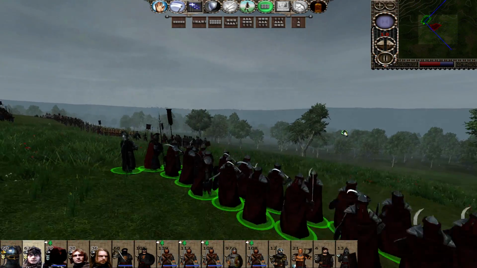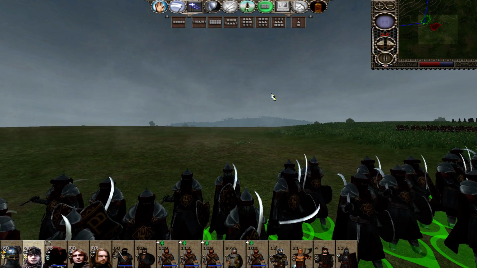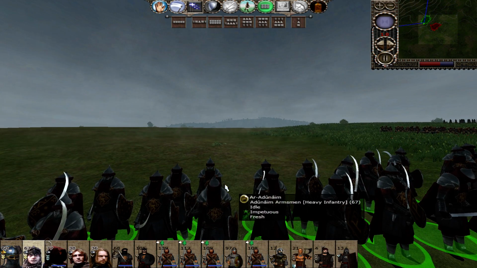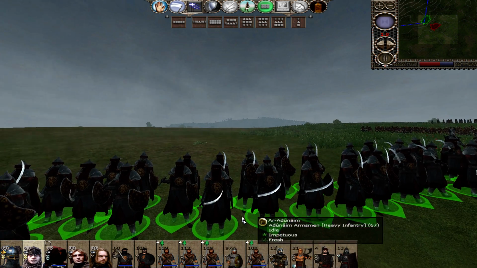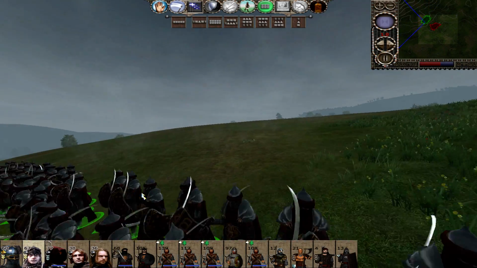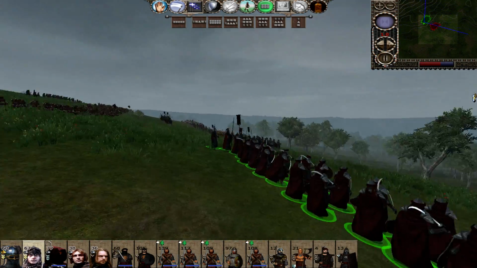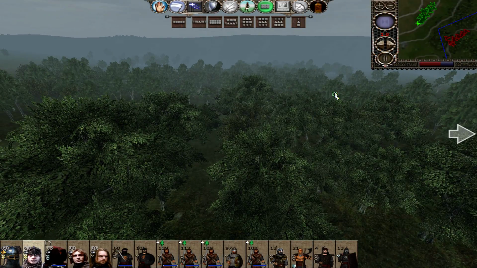And the Adûnâim Armsmen are one. They are my favourite Adûnâim unit, without a shadow of a doubt. I absolutely love them. And the merging, the coming together of Eastern style with the helmet and the cape face coverings, but then with the Númenórean vibe that they've got on their armour, and then the curved swords. Hammerfell would be envious of those swords.